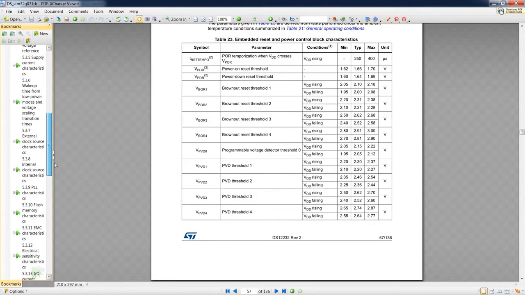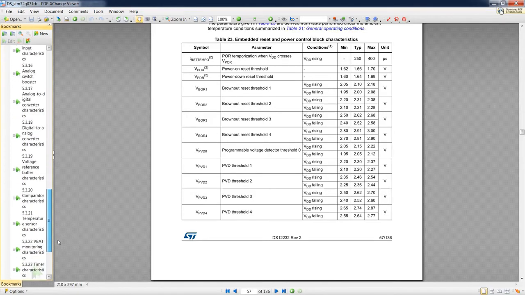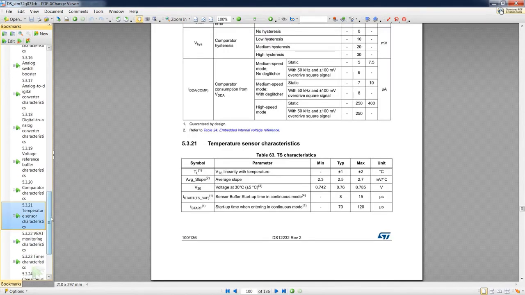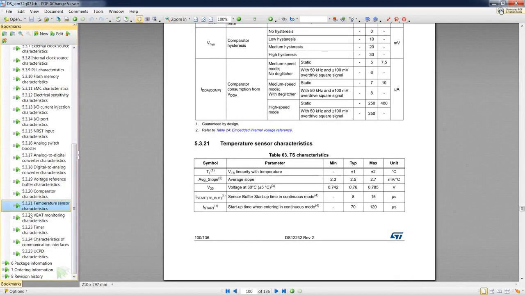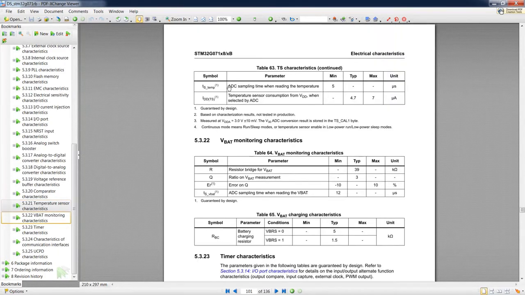Within this list, there should be one chapter concerning temperature sensor characteristics, like here. Within this chapter, we can see some basic characteristics of our temperature sensor. On the next page, we can find the sampling time for this temperature sensor, which is set as a minimum of 5